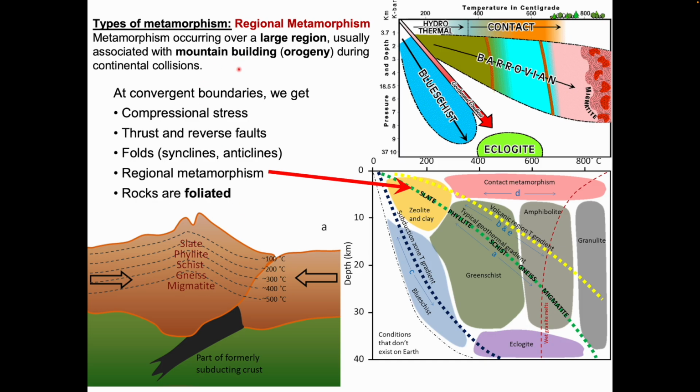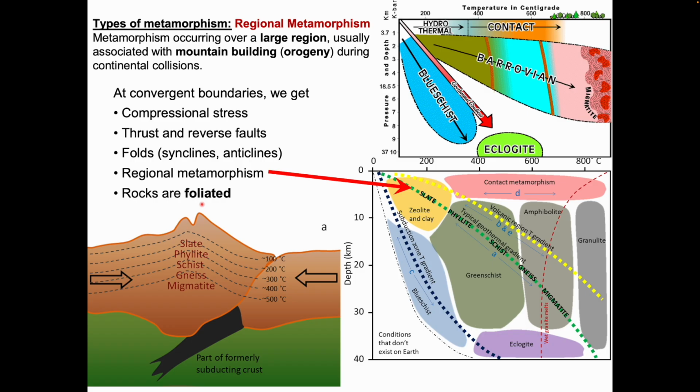Our next type of metamorphism is regional metamorphism. This is metamorphism occurring over a very large region, usually associated with mountain building or orogeny events during continental collisions. We'll talk about this a little bit more in the Topic 2 lectures. At convergent boundaries, we have compressional stresses, thrust faults and reverse faults, folding of the bedrock to form synclines and anticlines. We get regional metamorphism and therefore rocks that are foliated,